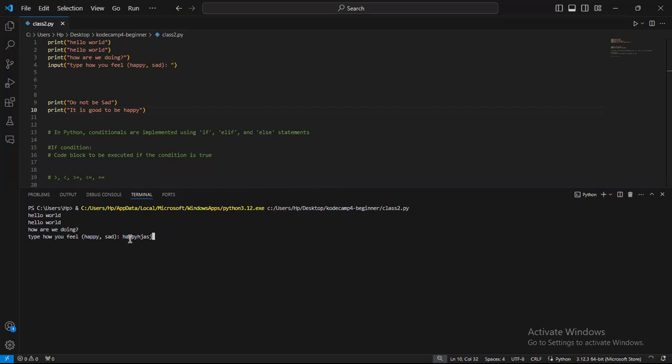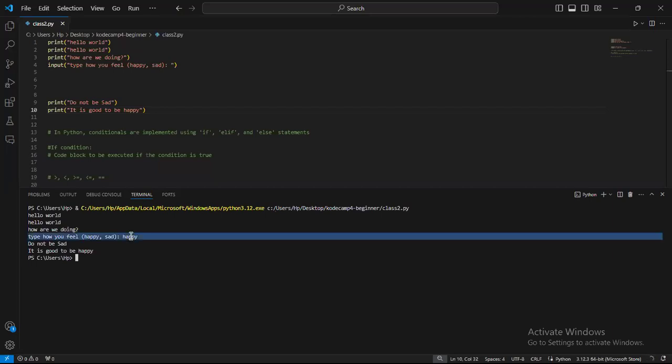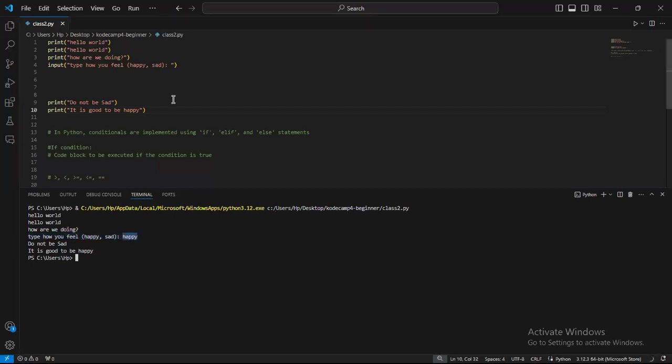So if I just type happy now and then continue the code, I cannot access this happy. There's no way within my code that I can say the user wants to type happy. Let me just construct the happy and put it inside my code. I cannot, right? So the only way I can have access to this value is if I assign